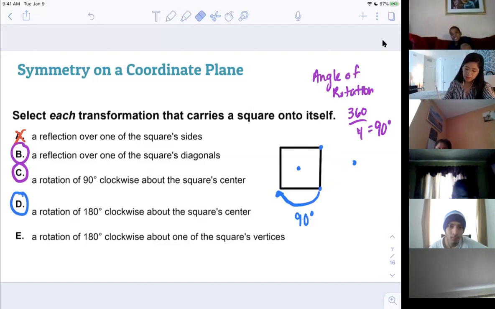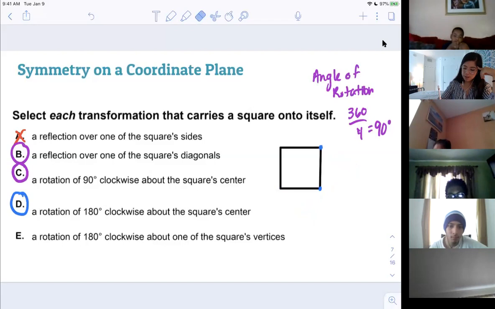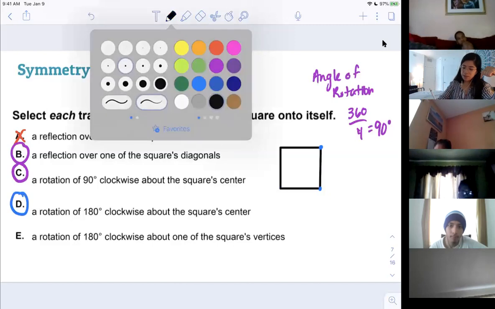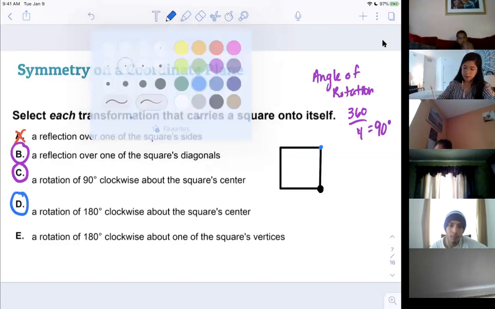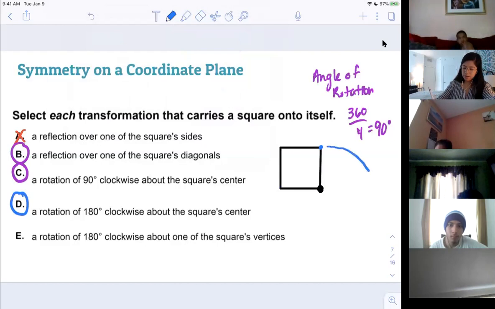Last one. 180 degrees clockwise about one of the square's vertices. So this one adds another layer because now it's saying it's going to rotate not around the center, but around the vertex. So that means that my center of rotation is that black dot. And if I went around 180 around that black dot,